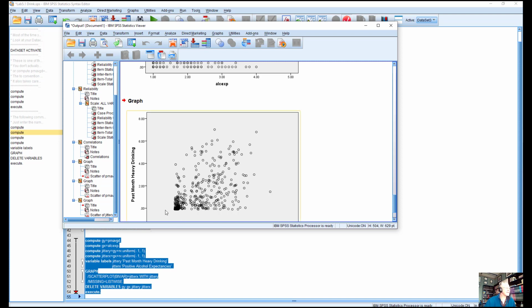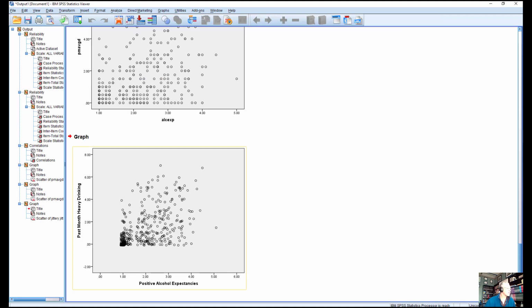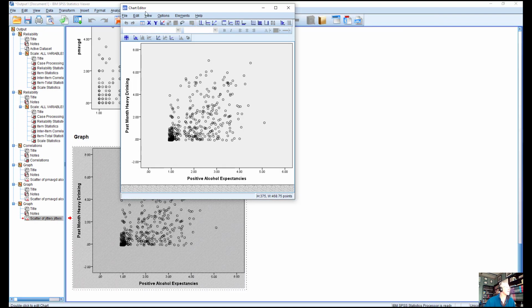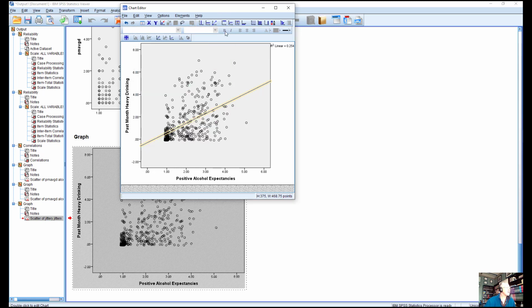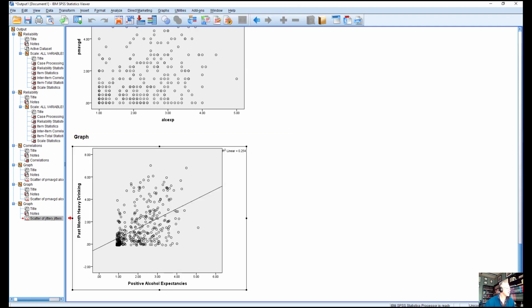And here it comes out, and I think that's just a lot easier to look at, a lot more informative. You can go ahead and click on that. Again, add a fit line. If you don't want the label attached, take that off, apply, and there you go. And there's your final result. And you can actually copy that, pull that into PowerPoint, clean it up, take it over into Word.